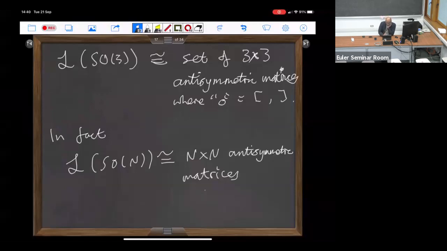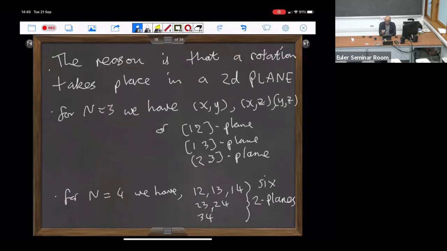Okay, anyway, it's a fact that the Lie algebra of SON in general is the set of n by n antisymmetric matrices with commutator as the multiplication rule. So why is that? Well, the reason is that